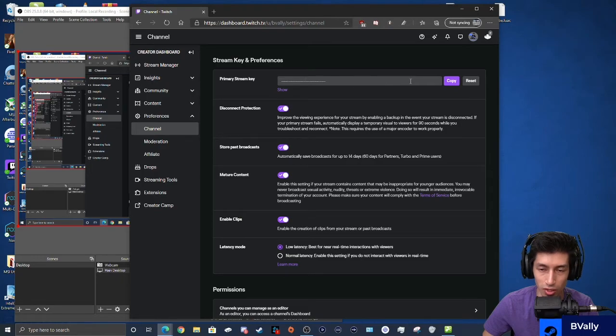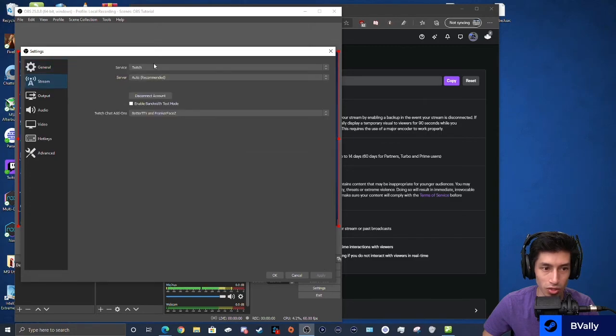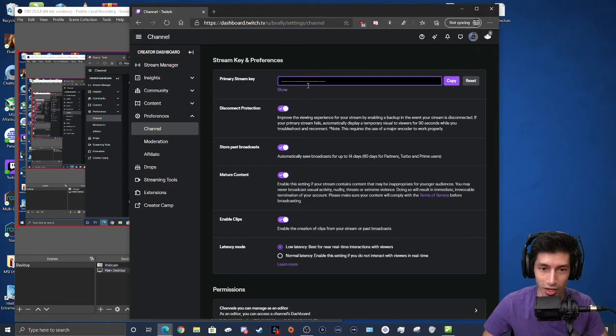In OBS, you either go into settings, stream, and connect your Twitch account by signing in, and you'll be good to go. You don't have to worry about the stream key. Or you can just type in the stream key, or copy and paste. You copy it, and make sure you never, for some reason, show this or give this to anyone. This means that anyone can stream on your channel,